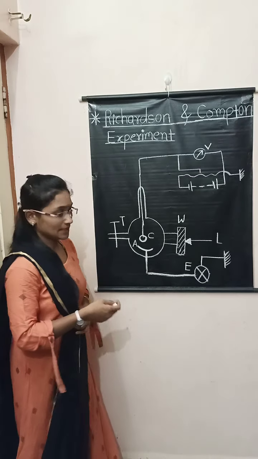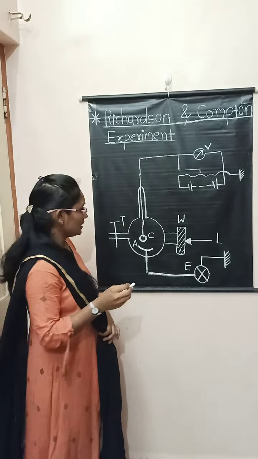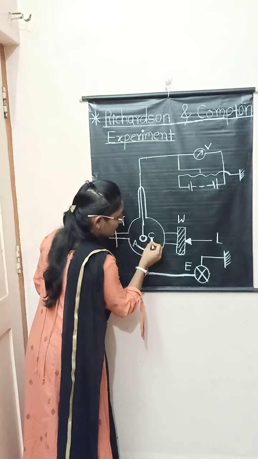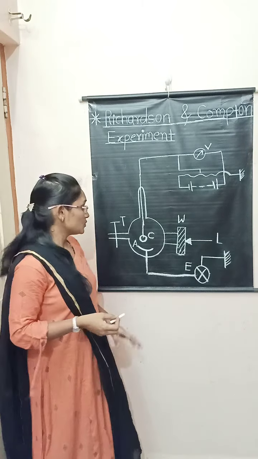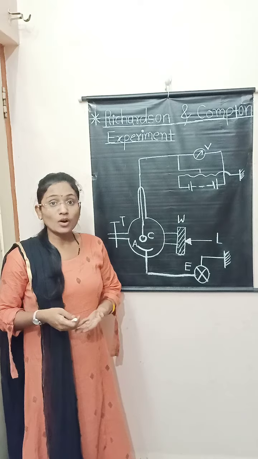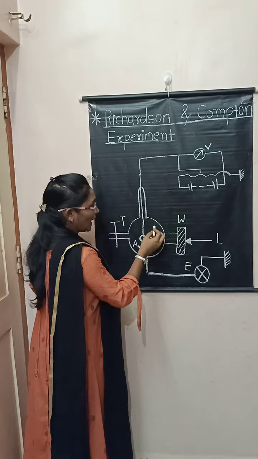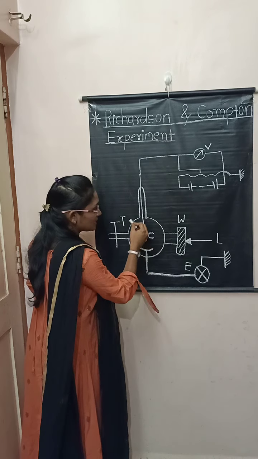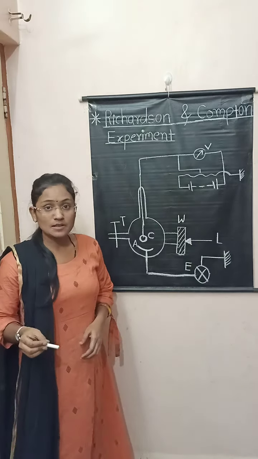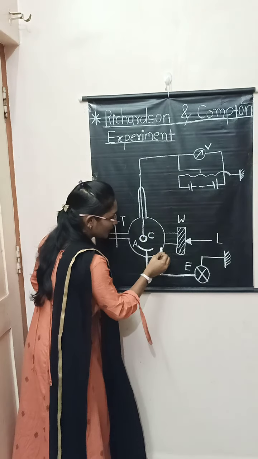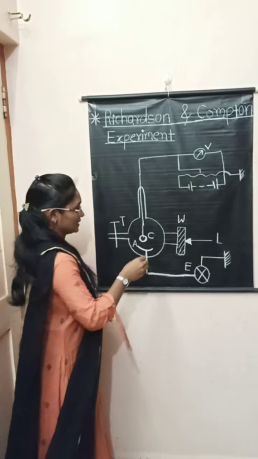In this figure we start from this. This is a small strip of metal, denoted by the letter C. This small strip of metal is used here as an emitter of photoelectrons, and it is kept in this spherical glass bulb. This spherical glass bulb is totally silvered on the inner side, which means it is silver coated on the inner side.